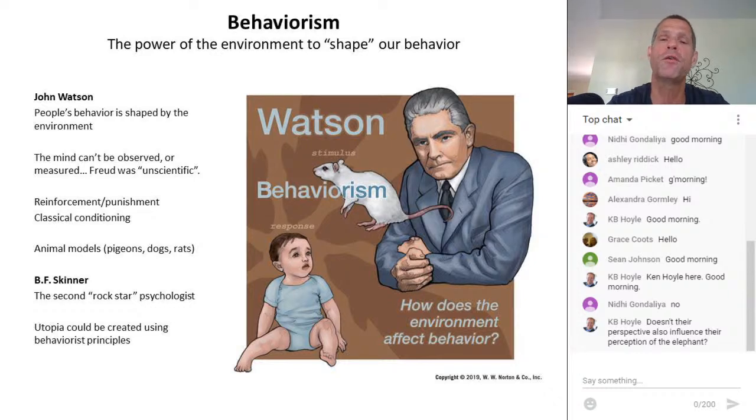And I do want you to know that B.F. Skinner was the second rock star psychologist that everybody knows about. He developed this thing called a Skinner box, which is basically the box where the rat presses the lever to get a piece of food. I'm sure all of you have seen that image before. And later on this semester, I'll even show you the Skinner box that I have in my office, because I've got an old school Skinner box, okay? And so that's the second early approach to studying psychology.